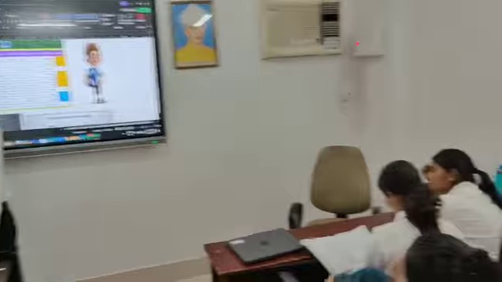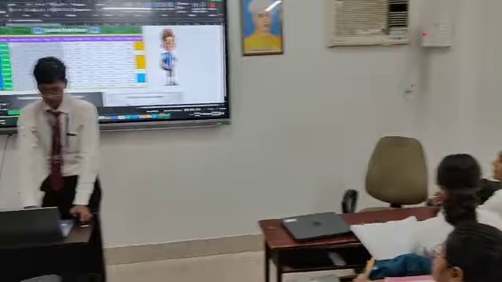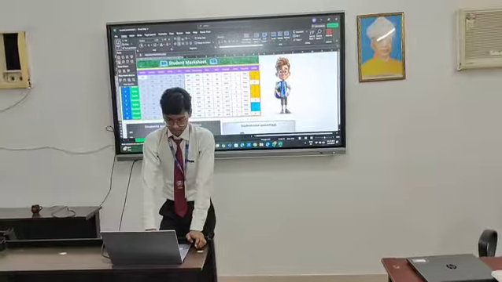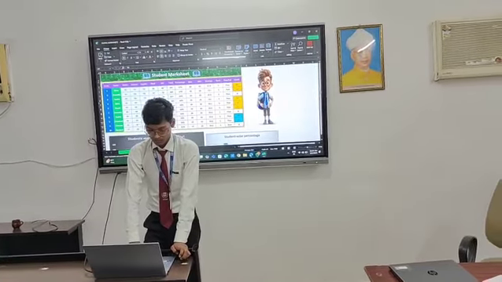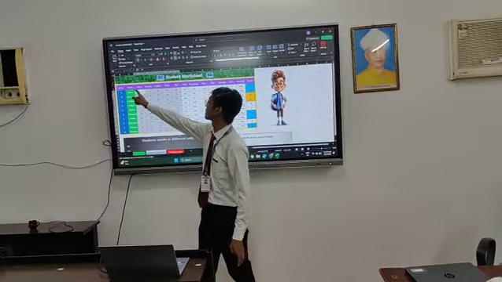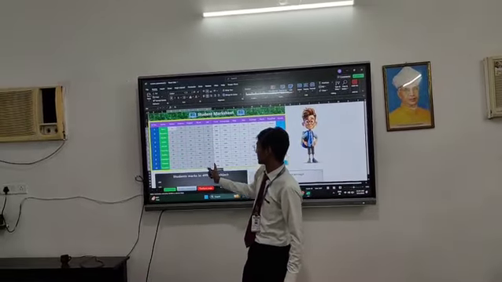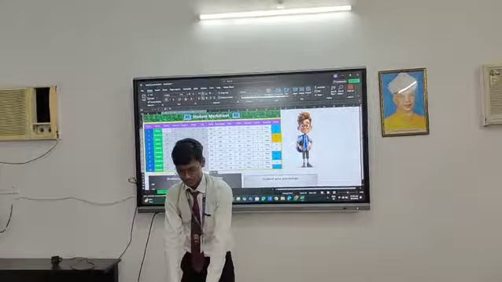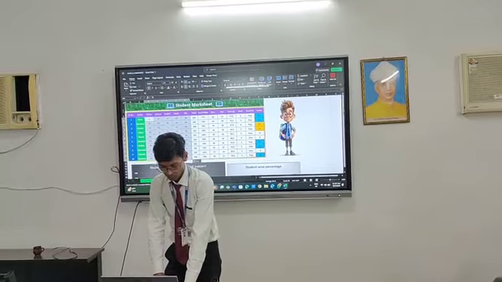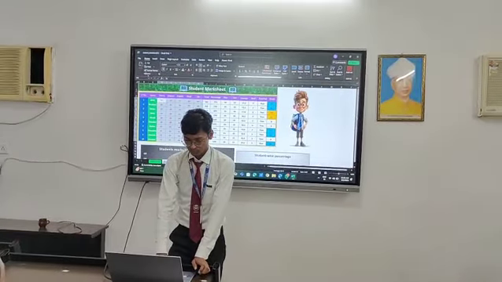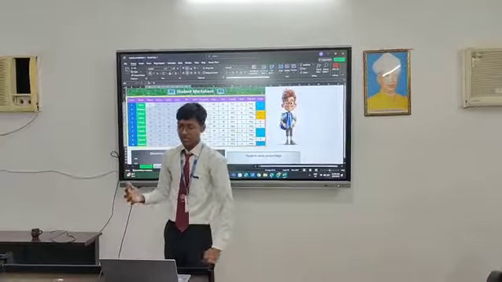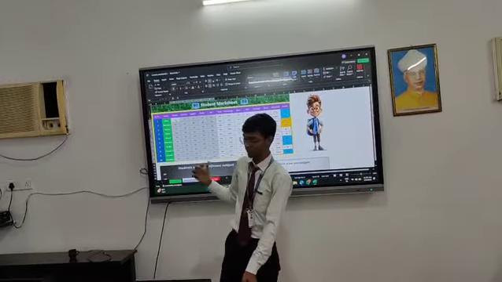I will copy it, Control plus C. Then we will go to the home tab. We are already inside the home tab. Then paste, and then paste as values. And to remove these moving dotted lines, we will press the escape key on the keyboard. Now this data has become static. It is no longer dynamic.